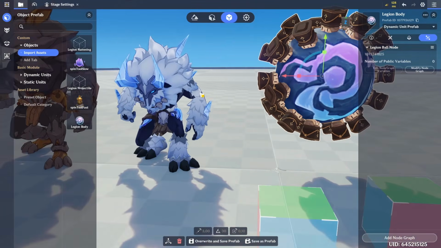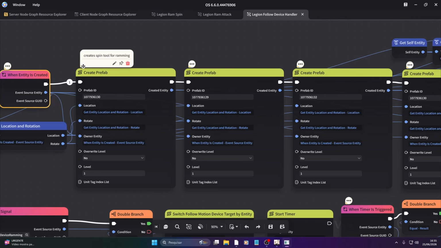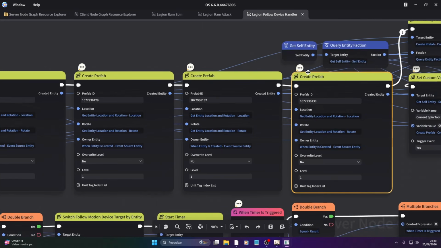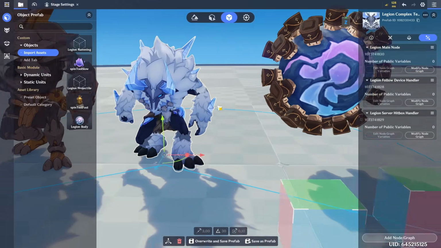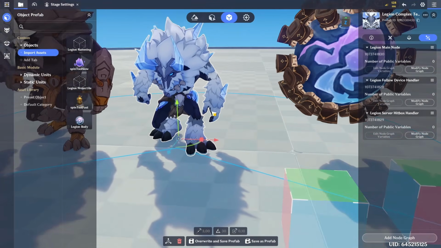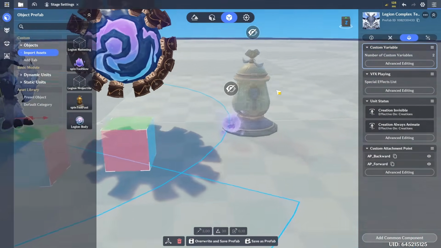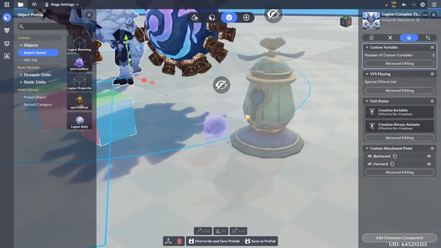We animate it through all of these devices that we create. And you can see here that it creates the spinning tool for ramming, and it creates the ball itself, the body. It creates the spin flower, and it creates the horizontal fast spin tool for slamming. Now, a lot of that sounded like a mouthful, but if you've been messing around with follow devices, a lot of this will be pretty normal stuff for you, because what those are referring to are effectively these two little